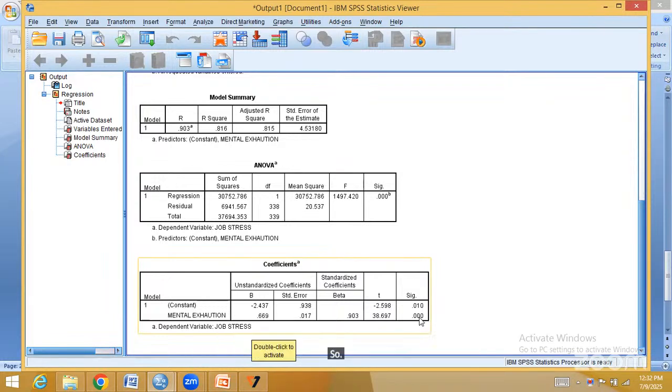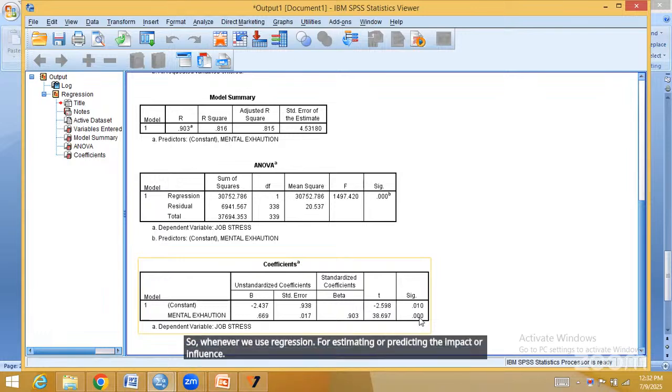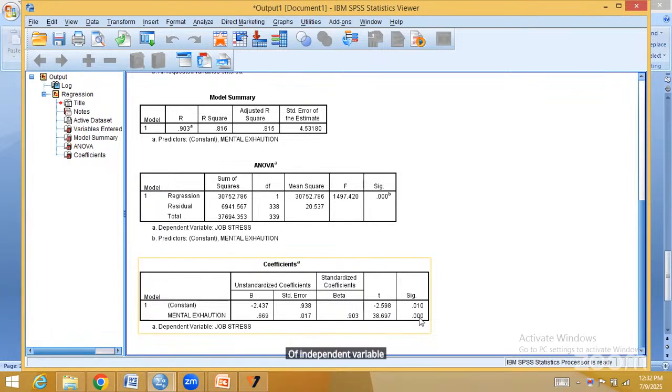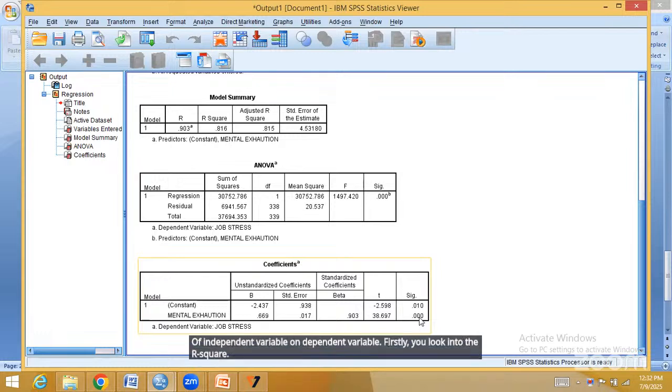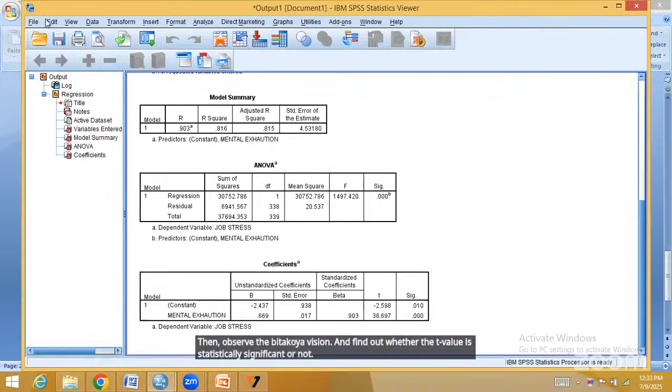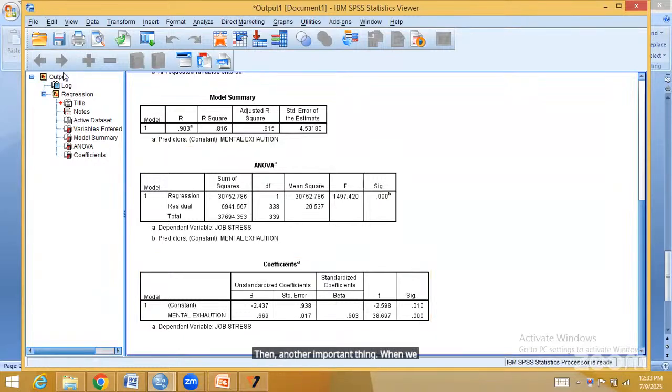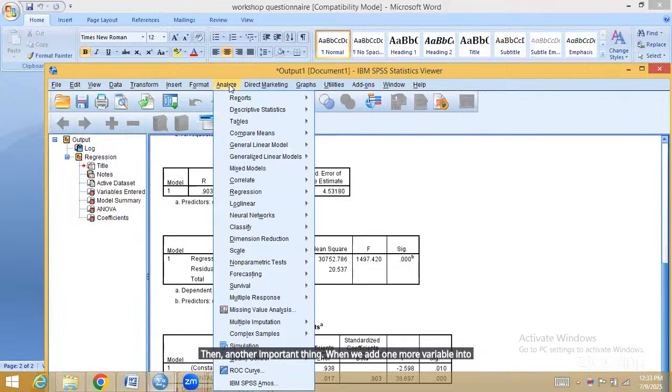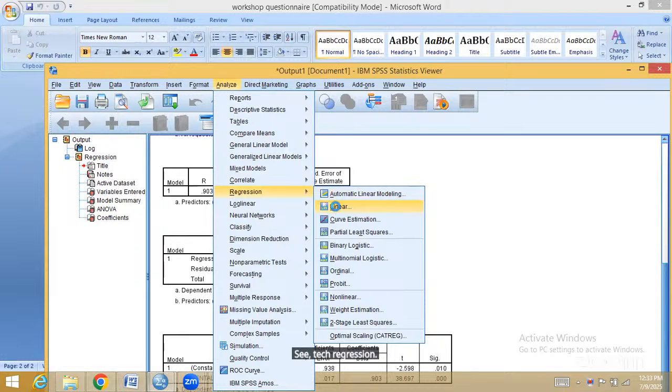So whenever we use regression for estimating or predicting the impact or influence of an independent variable on a dependent variable, firstly you look into the R square, then observe the beta coefficient and find out whether the t-value is statistically significant or not. Then another important thing, when we add one more variable into this model, take regression, linear, here